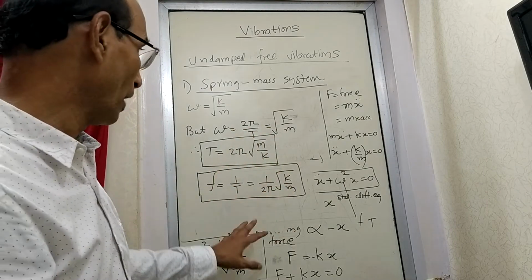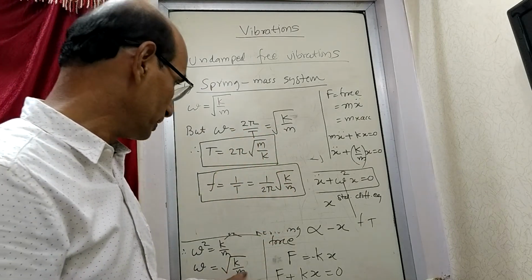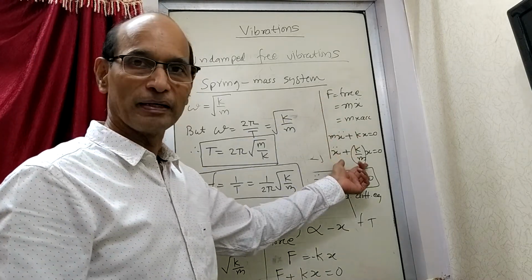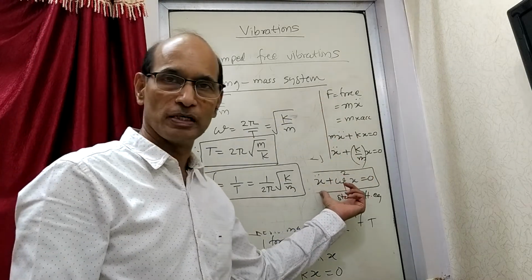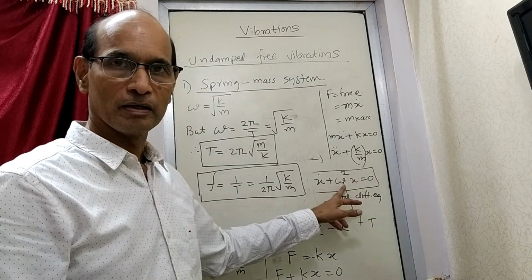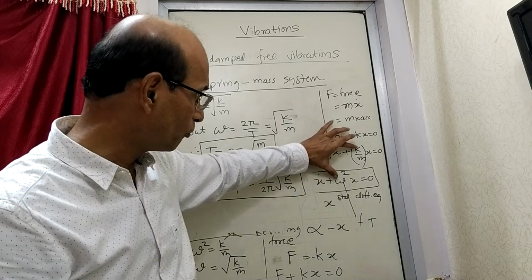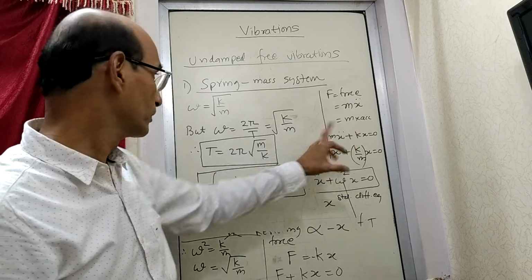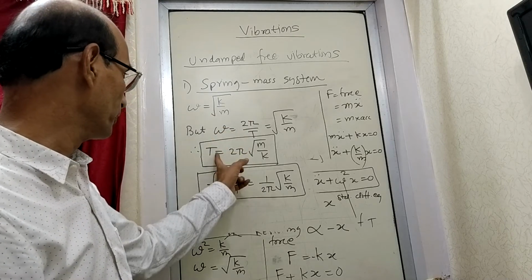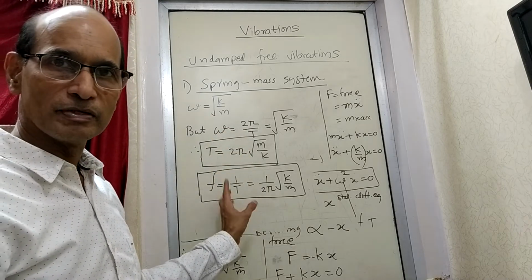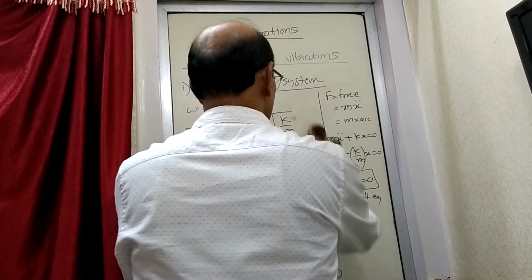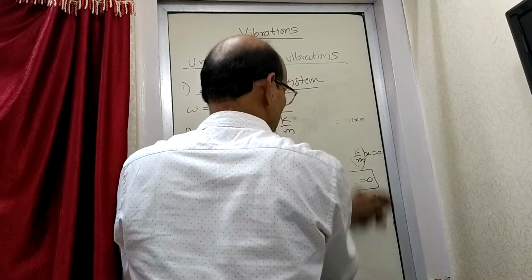Okay. So what we have done is, we have written the equation for the spring mass system, and we have compared that equation with the standard differential equation. In the standard differential equation there is an omega square term. So this omega square term we have equated with k upon m. And once we do that, we have found out the periodic time and the frequency which is applicable for the spring mass system. We can simplify this further. I will just show you further what is to be done.